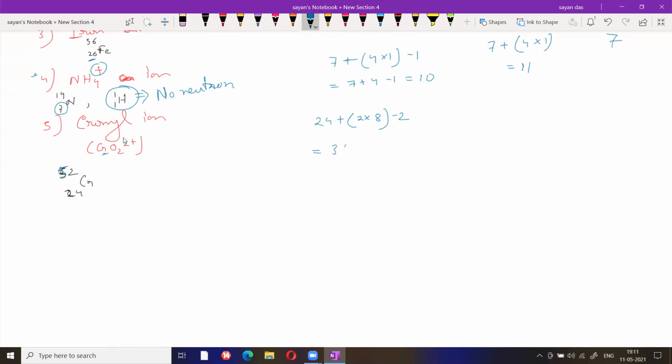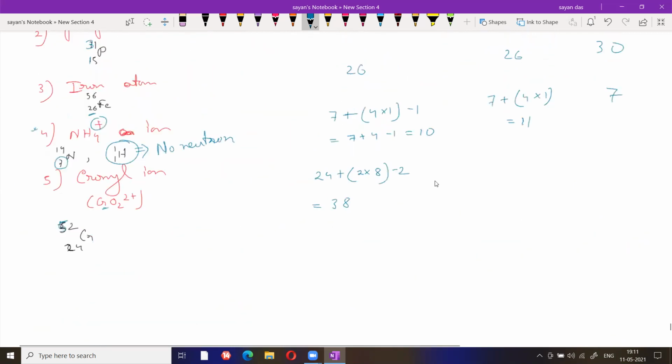Now if you go through the proton number, it is basically 24 plus 2 into 8. It is actually 40. Now what is the value of neutron number? Go through the calculations. For chromium, this is 28. Oxygen, this is 8. How many oxygen is present? 2 oxygen. So 44. Any doubt regarding this part? Up to that part is clear.